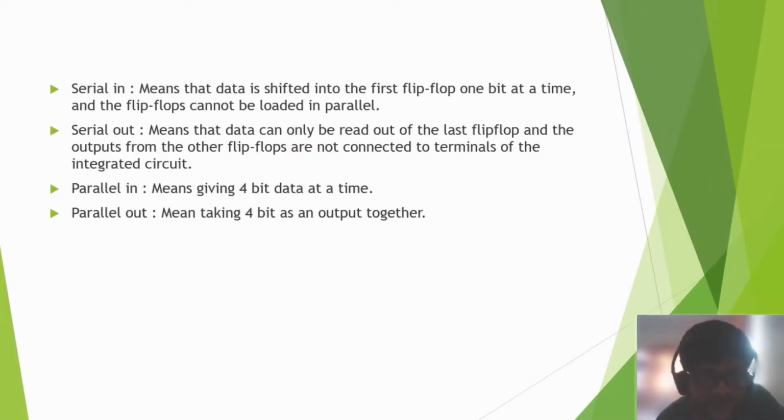As you can see, serial in means the data is shifted into the first flip-flop one bit at a time and the flip-flops cannot be loaded in parallel. This means that in serial in you can input one bit of data at a single clock pulse but you cannot give n bits of data at a single time. Serial out means the data can only be read out of the last flip-flop and the outputs from the other flip-flops are not connected to the terminals of the integrated circuit. Parallel in means that you can give n bits of data at a single clock pulse at the same time, and parallel out means you can take the n bits of data as output together in a single clock pulse, all at the same time